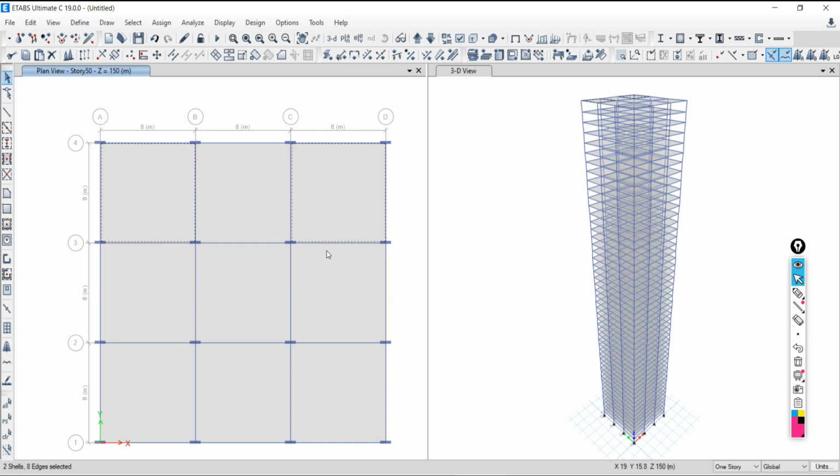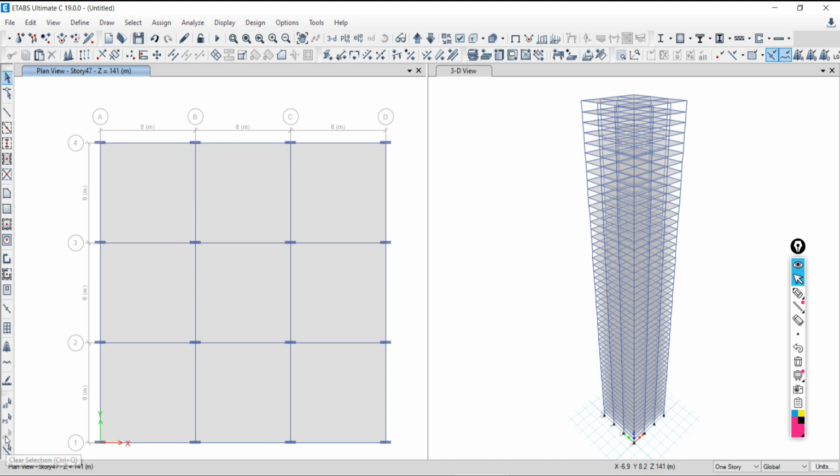I want to select this one also, so two shells. I want to select this one, three shells. I want to select this one. But what I would like to do is select this slab from top to bottom. So how can I do that? You would say just select this slab, then come down, then this slab, then come down, then this slab, then come down, then this slab.